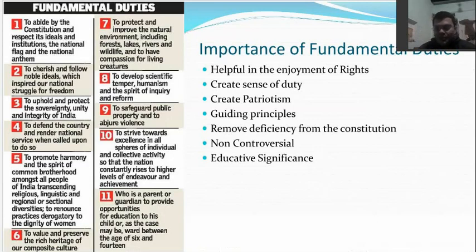It's very important to mention that our constitution framers, while they were writing the original constitution, did not mention any fundamental duties. They gave us rights, but there were no duties mentioned. But in 1976, by the 42nd Amendment of the Constitution, these duties were added, based on the recommendation of the Swaran Singh Committee. Okay, remember that name as well. First, 10 were added, then one more was added later on, the 11th one. So yes, that is one thing about them.